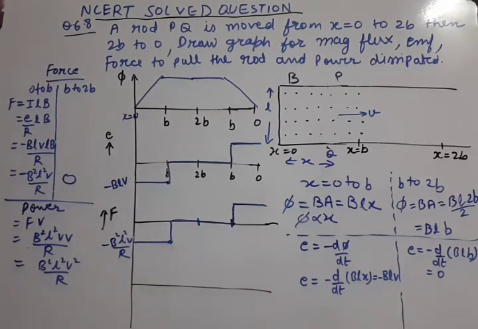Okay, for the power case, power graph. So you see this value is now not negative. This value is positive only. So for 0 to B, the power value is this, and it is constant. It's not variable. Since x is not appearing in it, it is not variable. This is the power. What is this value? That is B square L square V square by R. This is that value. Then from B to 2B, since force is 0, we will put the force value here.